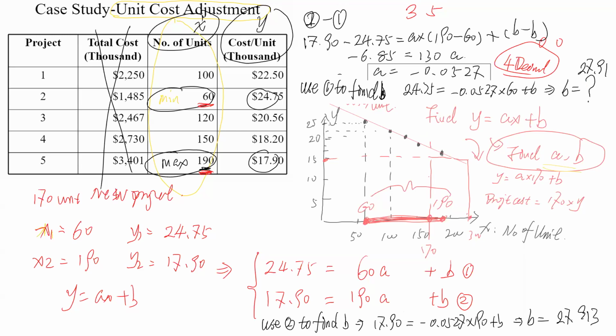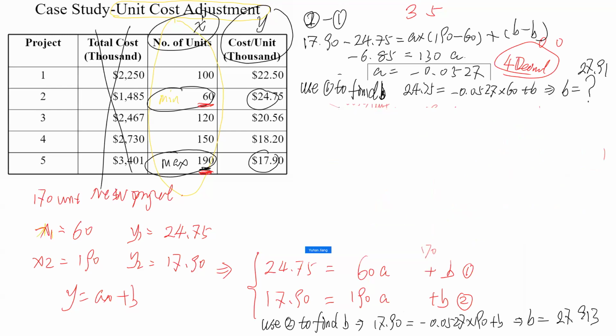All right, since you have A and B, can you use your equation to find the Y for a given X equal to 170? Why is A positive if we turn that whole equation negative? Do you get what I'm saying? No, it's positive. Oh, yeah, 1790 minus 2475. So now you have Y equal to